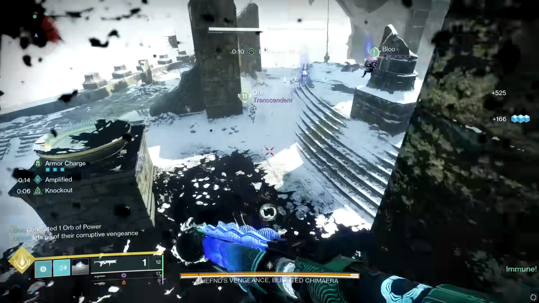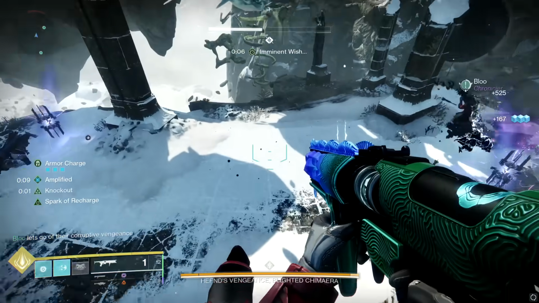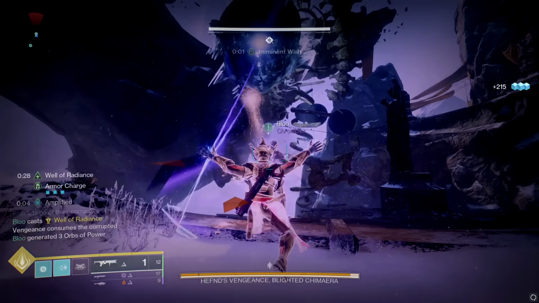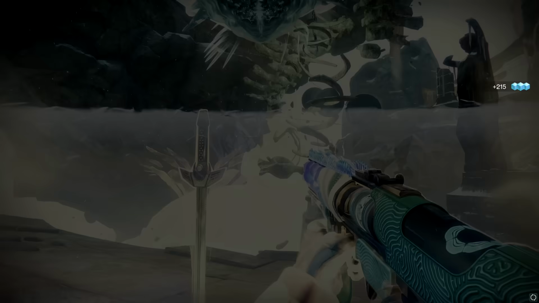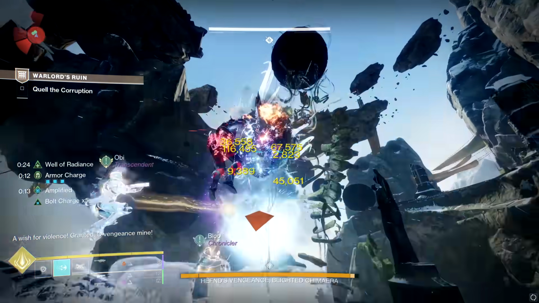This rotation is actually pretty straightforward once you get used to it. It may look a little intimidating at first, but trust me, it's easy to learn. To start, you just need to put down your barricade. This will let you and your teammates build up Bolt Charge stacks, which will then turn into passive damage for everybody. Next, you want to launch your super at the boss, but right before you do that, prime your bait